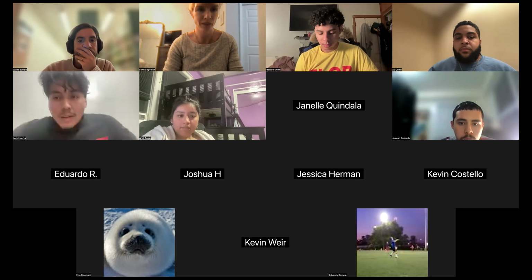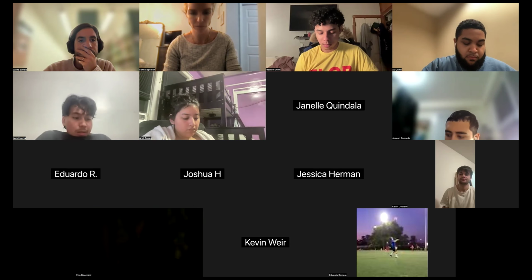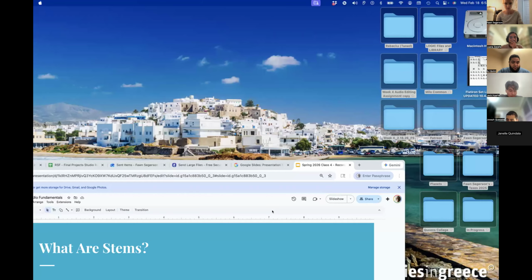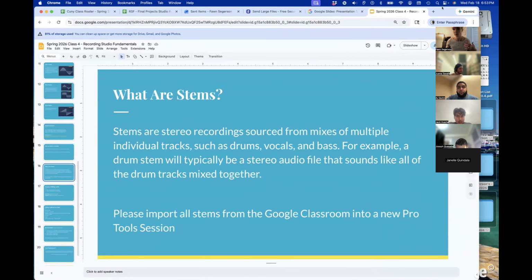Okay, so let's learn a little bit about audio before we dive in. All right. So stems. Stems are what you just imported into your session. Stems are recordings sourced from mixes of multiple individual tracks, such as drums, vocals, or bass. They're audio tracks. For example, a drum stem will typically be a stereo audio file that sounds like all the drum tracks mixed together. So when you send somebody a session and you want them to mix it, which means make the levels,